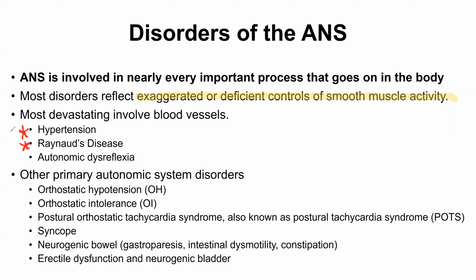Raynaud's disease is a condition where, whenever you are cold, say you're out in the snow, usually the blood vessels in your skin are going to constrict and push that blood towards the center of the body to help keep your body warm. But in Raynaud's disease, those vessels in your skin over-constrict. They constrict excessively in response to cold, and this would limit blood supply to that particular area.